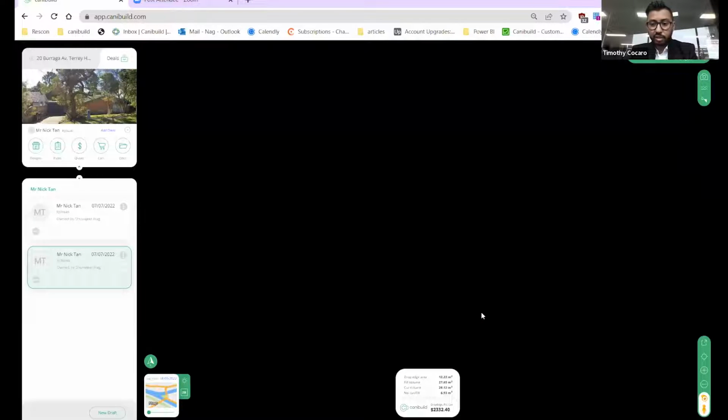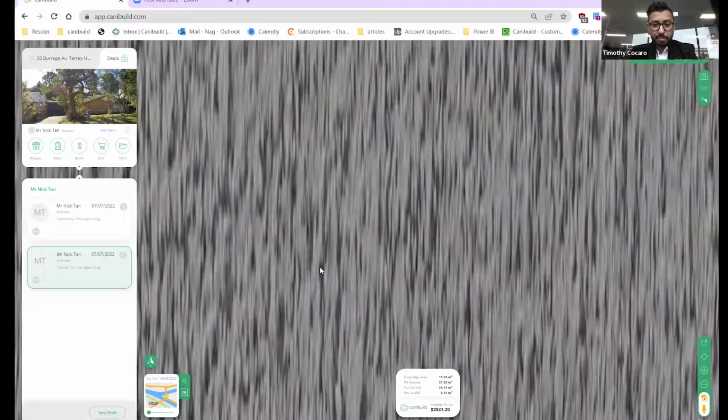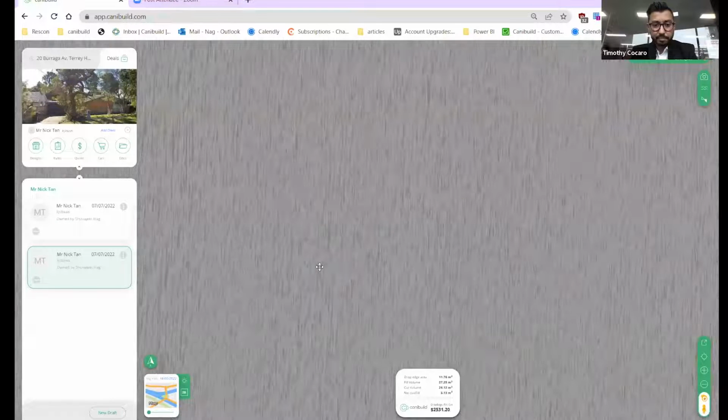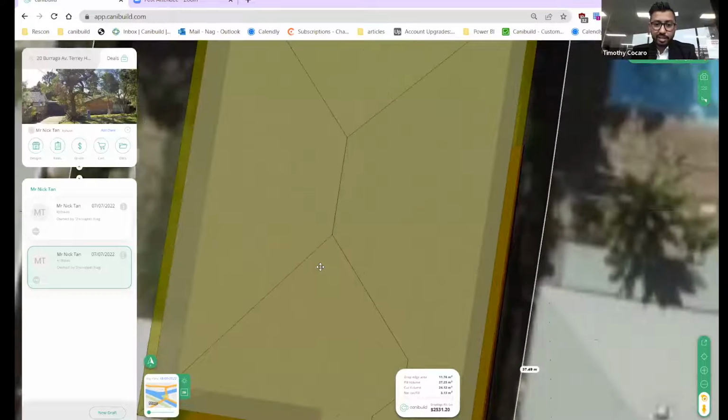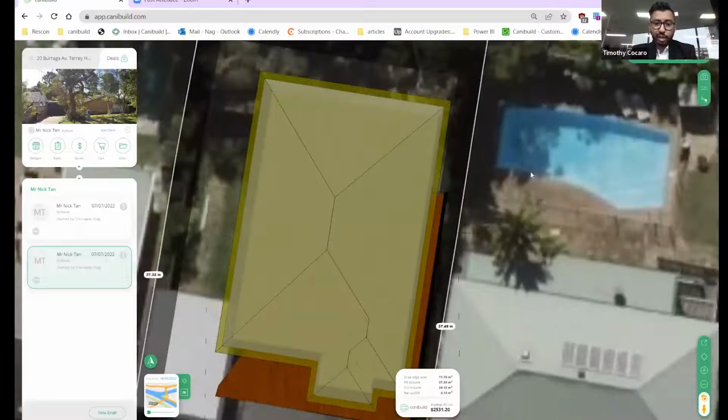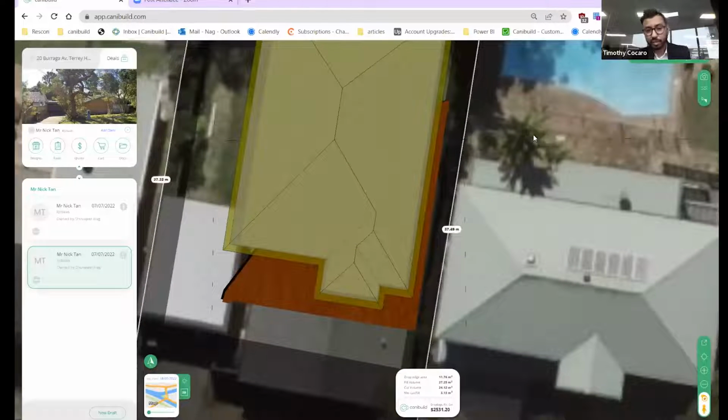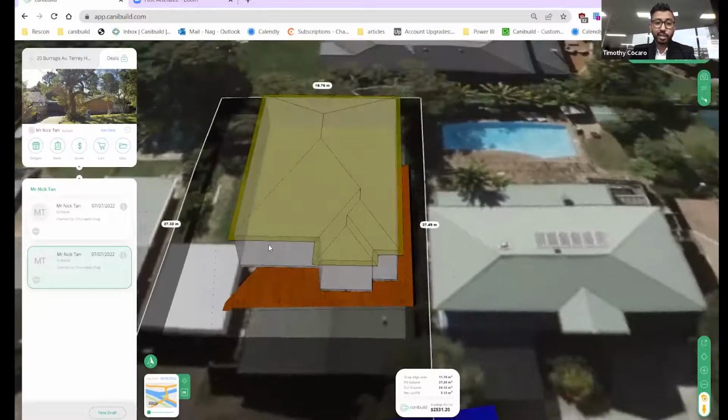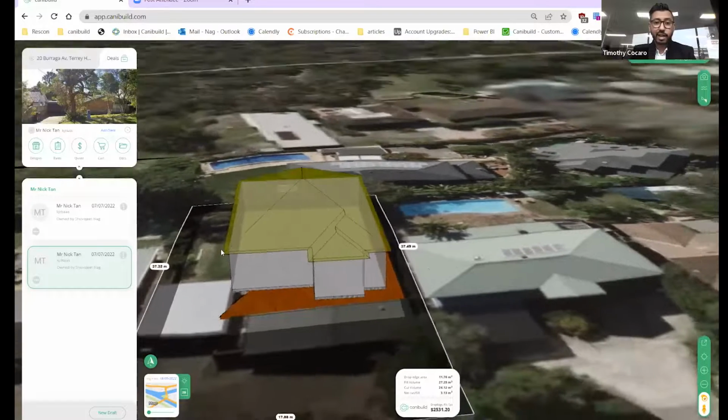It takes about 30 to 40 seconds to generate the render because it is pretty heavyweight in terms of what it is trying to achieve. But as you can see, it is pretty quick to generate the 3D. Now, the difference between the 3D that Canibuild is presenting compared to some of the other 3D which is out in the market is that it is not a gimmicky looking 3D model. It is a fully functional 3D which will identify not only how the design is going to sit on the property, but also the cut and fill volume on the